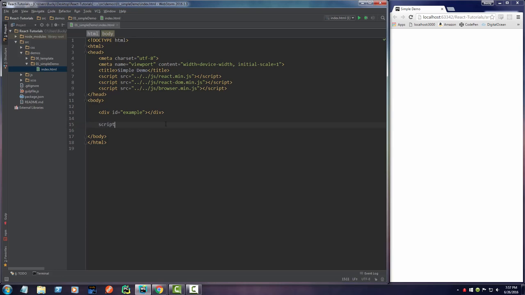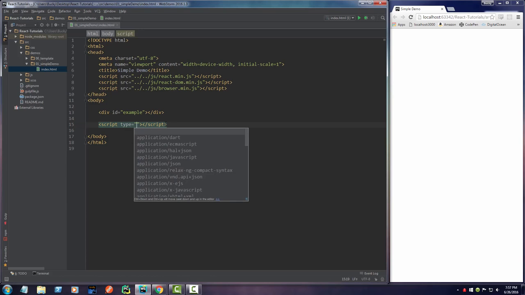I'm going to make a script tag. By default, this is just normal JavaScript. That's what the browser is going to see. But remember, I said that we aren't going to write plain old vanilla JavaScript. We're actually going to be writing something called JSX. It's a special type of JavaScript that allows us to use HTML syntax in it, and it makes it really easy to program. So what we need to do is add an attribute right here and say